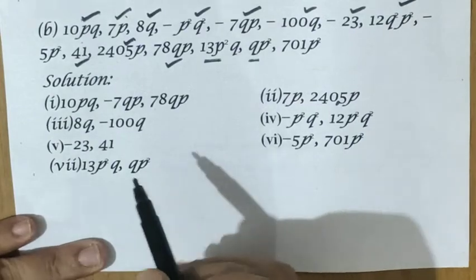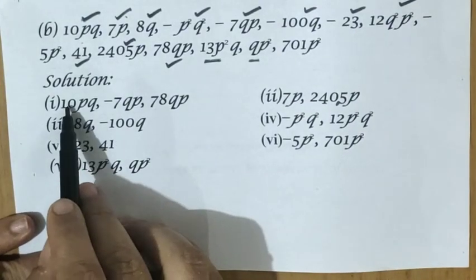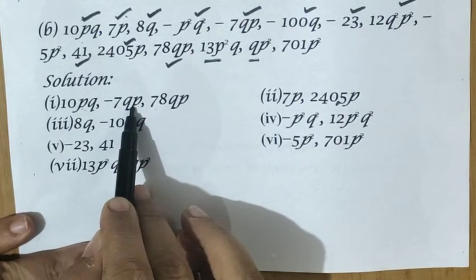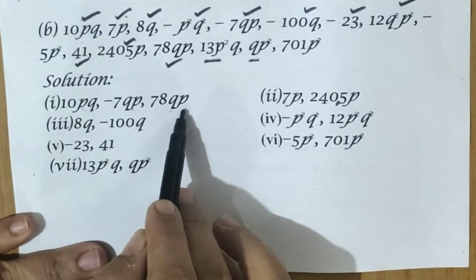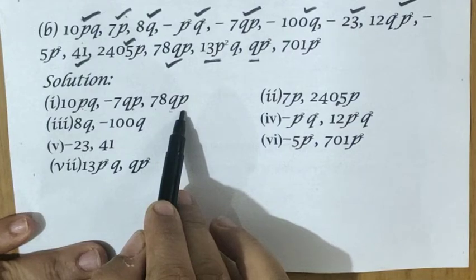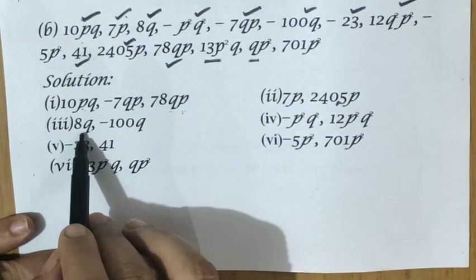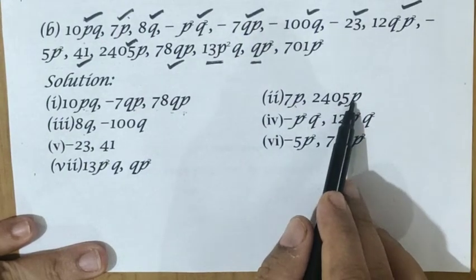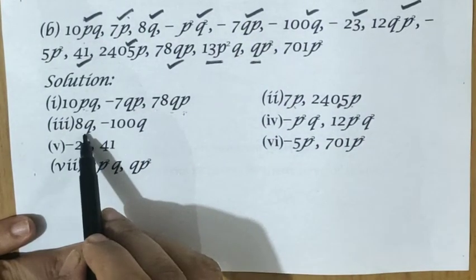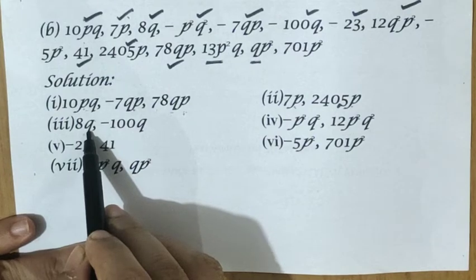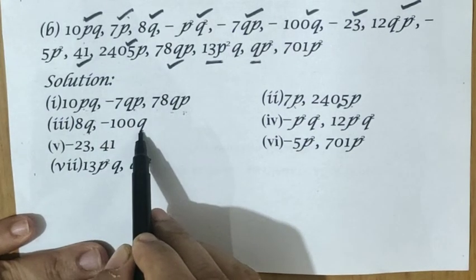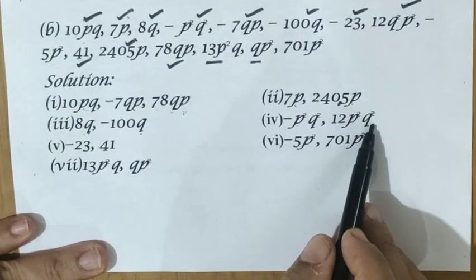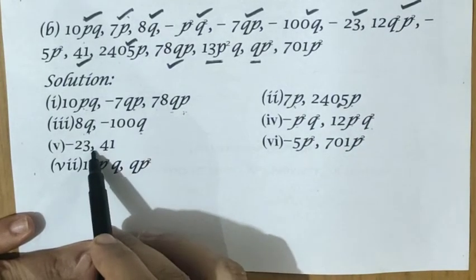Once again I'll check that solution. You see all the terms are having variables pq, for the second one, third one also qp. Order is different but the variables are same only. And what is the second group? Only p. Here also p, here also p. See that one. Third group we have identified with the term q, variable q, here also q. Here we see p square q square, here also p square q square, and here only constants.